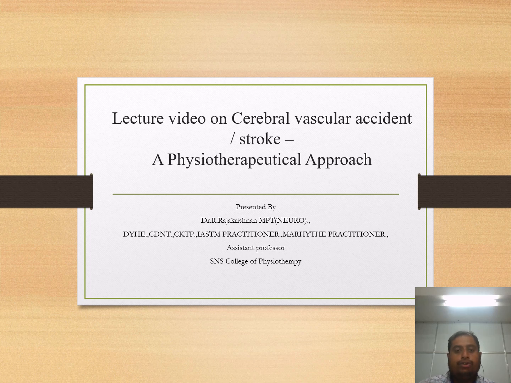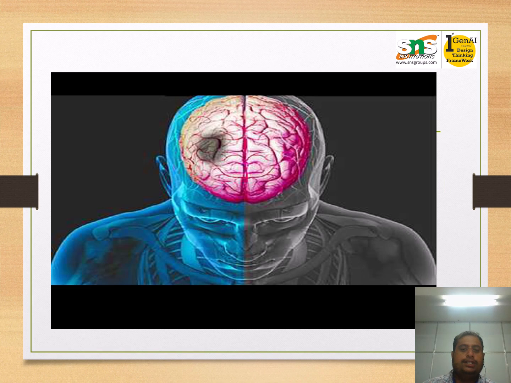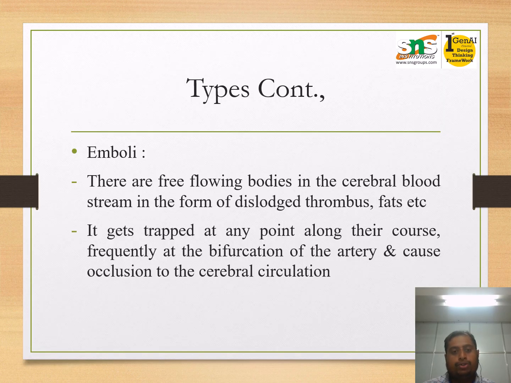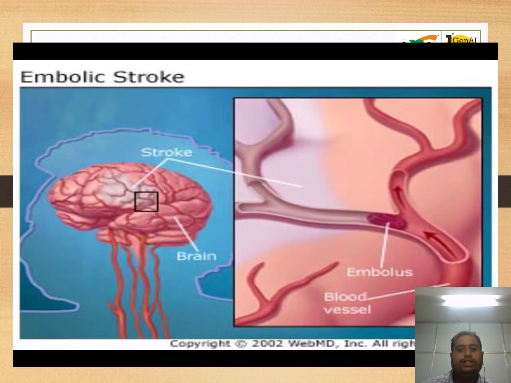In the last part of the video, we saw what a stroke is and what the causes of stroke are, and we saw some types, like thromboembolic stroke. Now we are going to discuss the later part of today's topic. In this, there is already thrombosis, what is thrombus, what is emboli. See here, the emboli coming from the body, like a DVT.